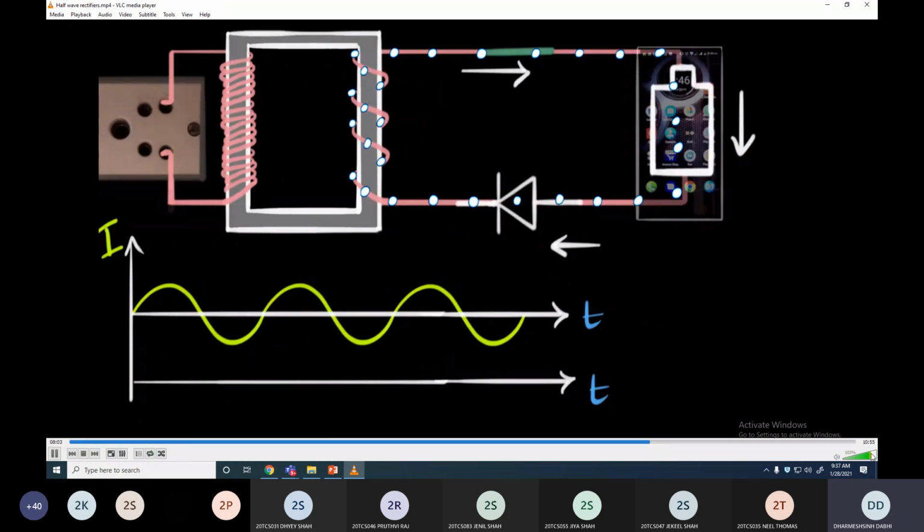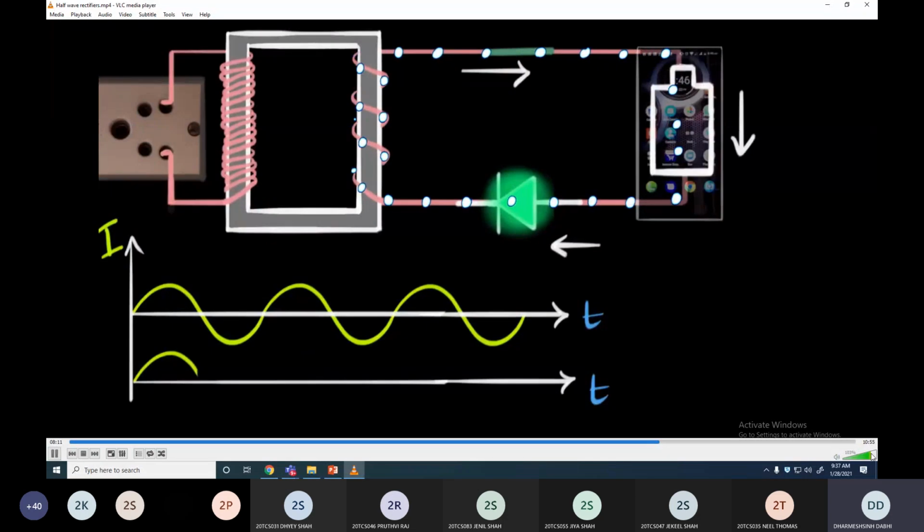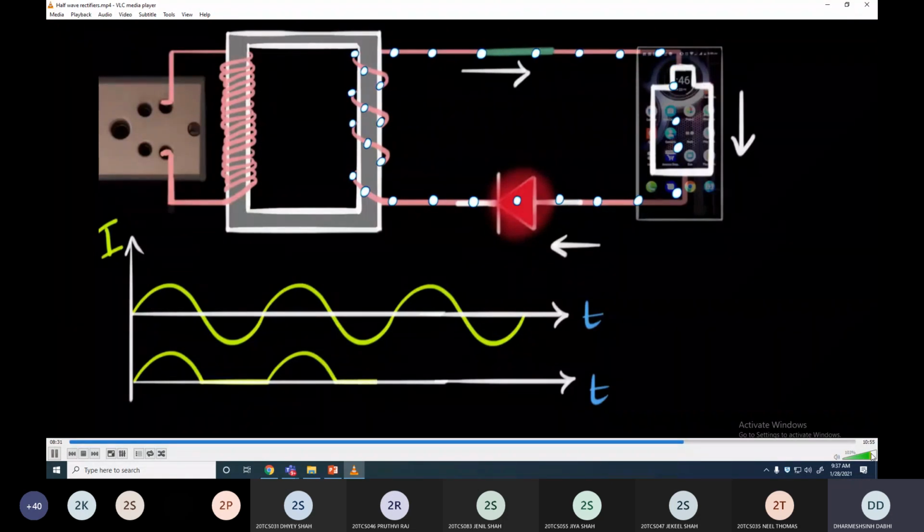All right, let's see. So during the clockwise, the diode conducts, it allows the flow of charges. So the current flows through, you get an exact copy of what you had before. But now during the anti-clockwise direction, when it's trying to flow anti-clockwise, our diode doesn't conduct. It doesn't conduct, so the current is 0. Can you see that? The current is 0. Now again, during the clockwise direction, it'll conduct. And so you get that exact copy of what you had before. But during the anti-clockwise, it doesn't conduct anti-clockwise at all, so you get 0 current.